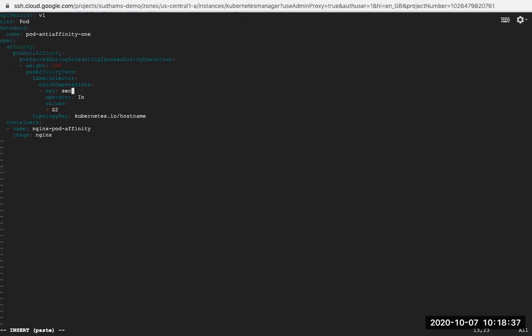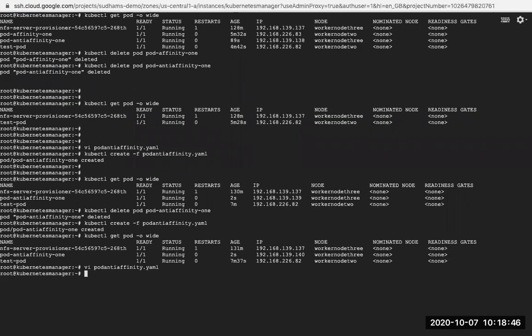So I will give something like sec to something which is not. Since it is preferred, it is not mandatory. Okay, so let's save this file. Let me remove the old pod which I have. Delete this one. Sorry, I forgot to give the name. Delete pod.